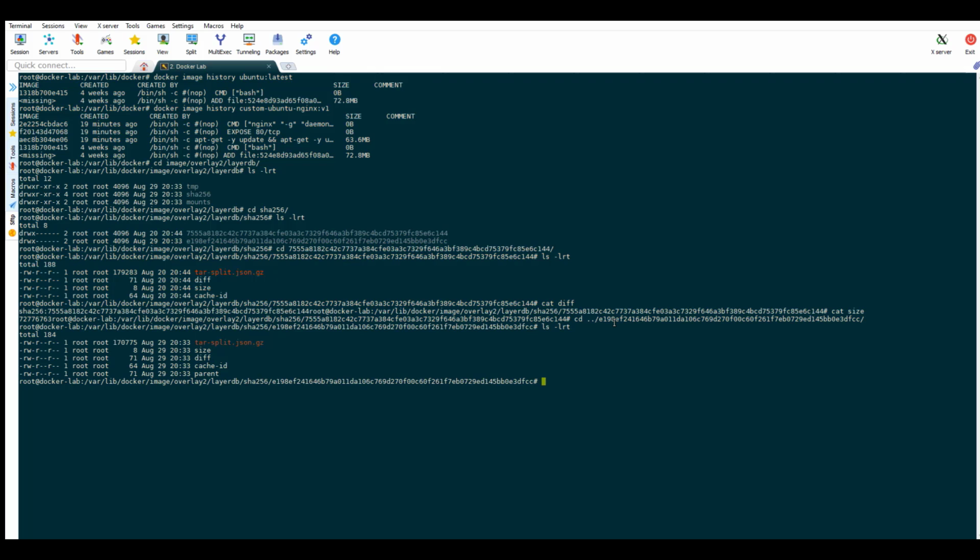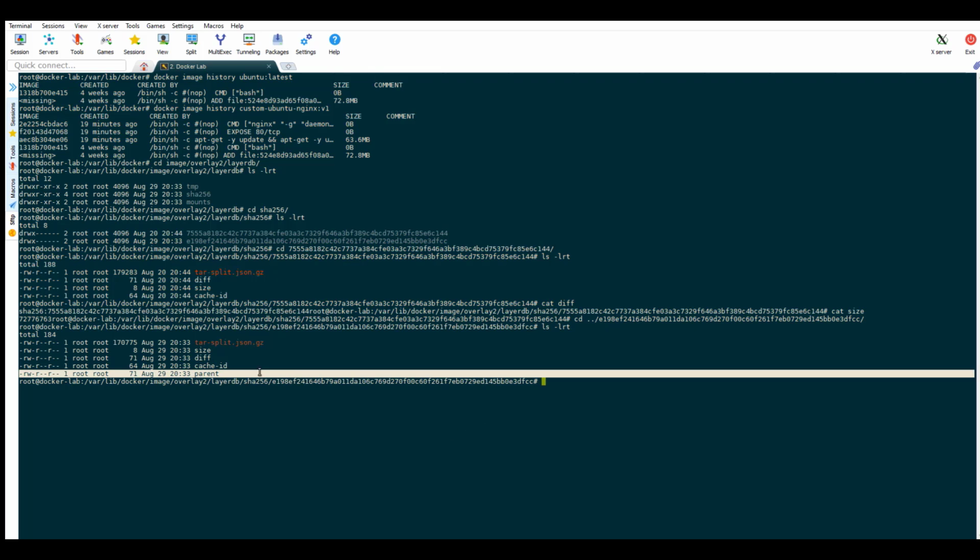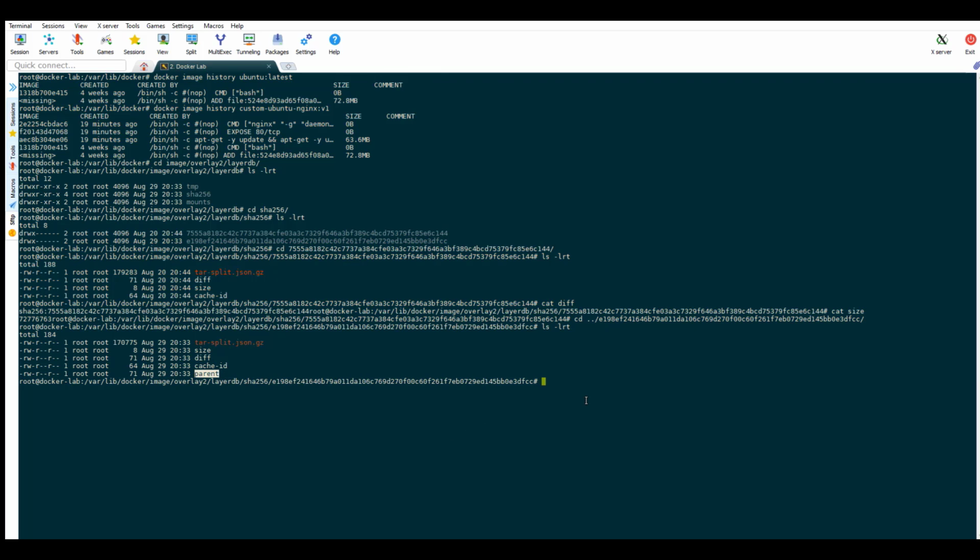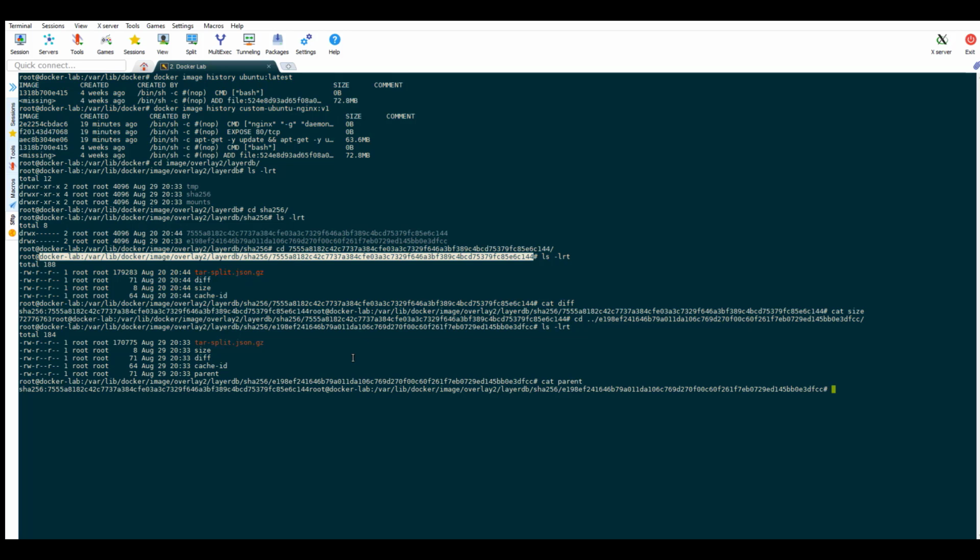As you can see from the other directory which contains the Nginx installation part, we have the parent file that will have the information of the base image. Checking the size will reveal that this is the same size as the RUN instruction of our image.